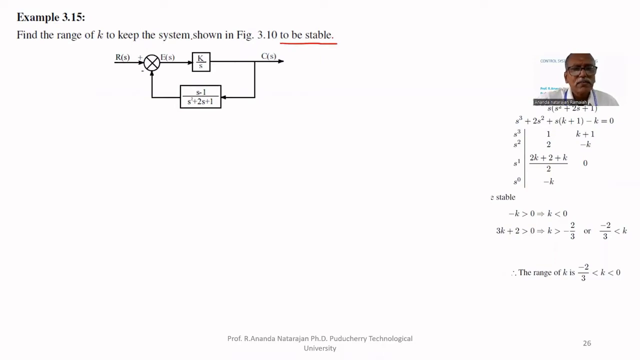So we would find the k value. This is a closed loop system with negative feedback, H(s) = (s - 1)/(s² + 2s + 1) and G(s) = k/s. Therefore, the closed loop transfer function T(s) equals